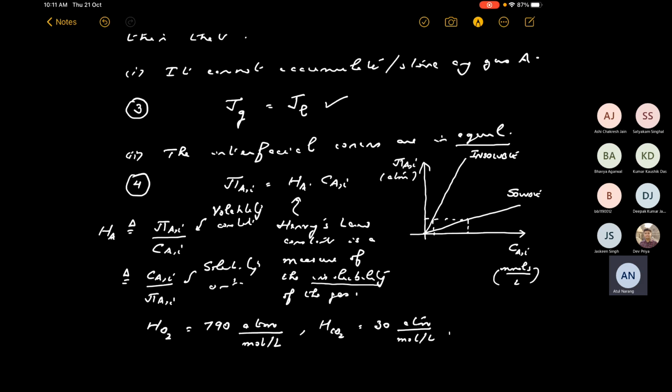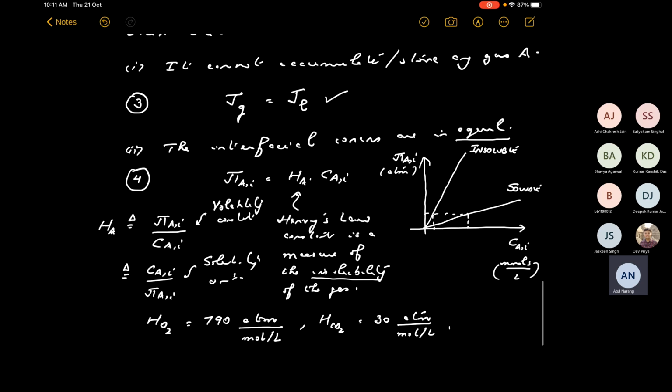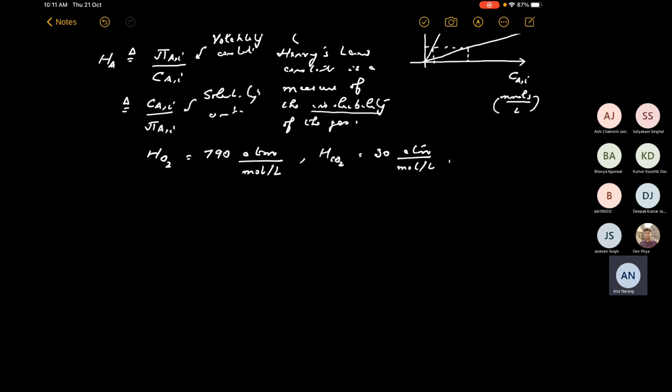Then basically by 3, which is the fact that the two fluxes are equal, Jg equals Jl, and that is because the thin interface cannot store anything, we have,